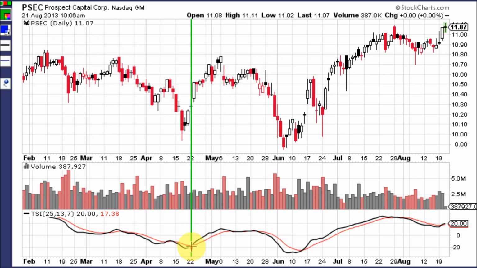Okay, this is a good one right here, where TSI is below zero because the stock price is falling, and TSI at this point is negative, showing the stock price is declining. But right here, TSI crosses up through the signal line and the stock goes up. Not long thereafter, TSI crosses up through the zero line, confirming the first signal, and the stock goes up some more and closes, it looks like, at the highest close in about a month, just barely beating that close in